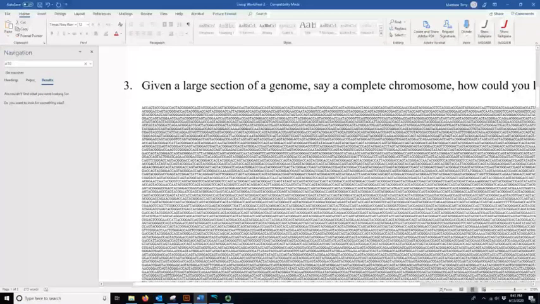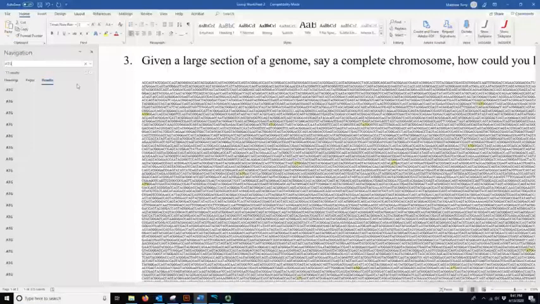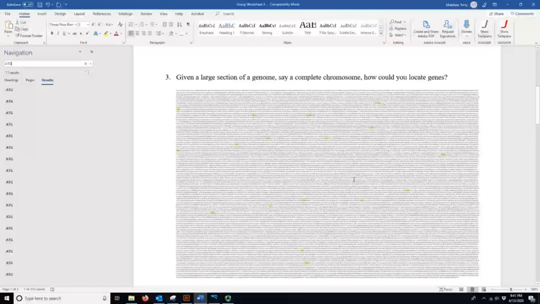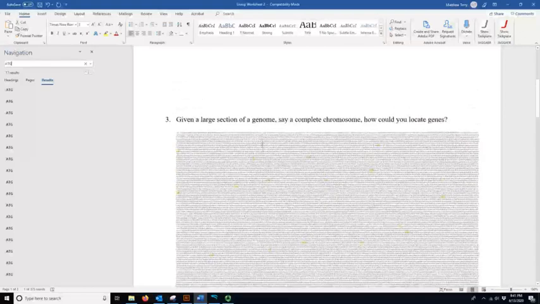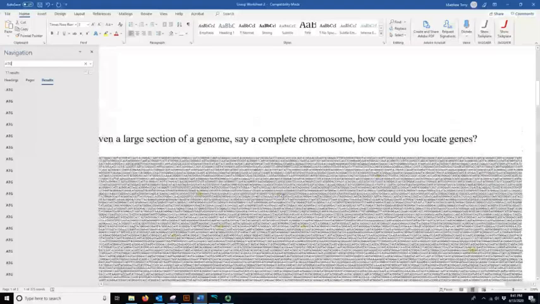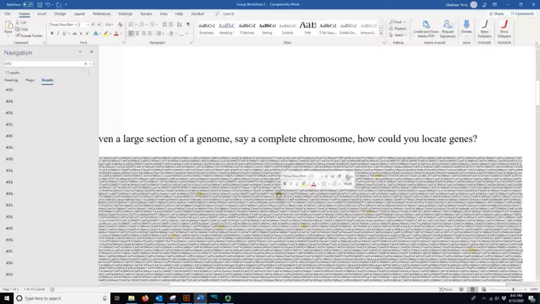Now look at this. We have 17 ATGs in this sequence. So are there 17 genes here? And the answer is no, there aren't 17 genes. So why are there so many ATGs? Well, think about this. In non-coding DNA, A, T, and G can still go together. There's no rule against that. They don't have to be a start codon. Number 2, ATG codes for methionine. And although methionine is the first codon in genes, it's also